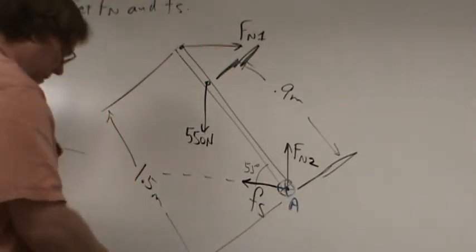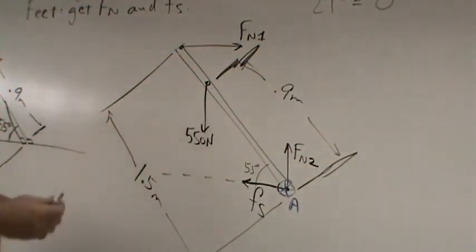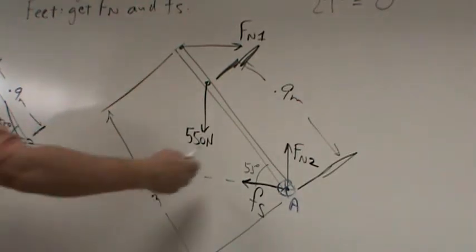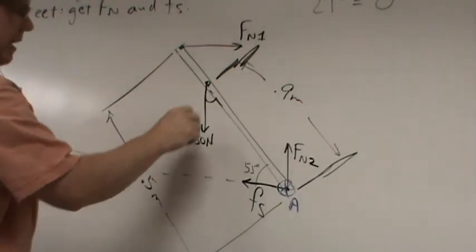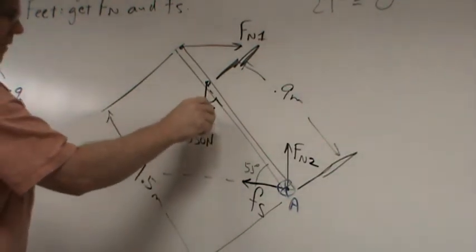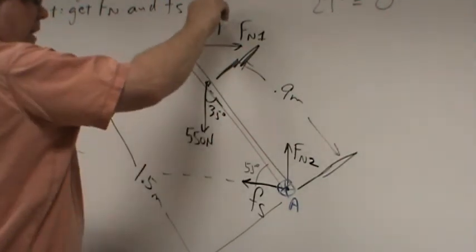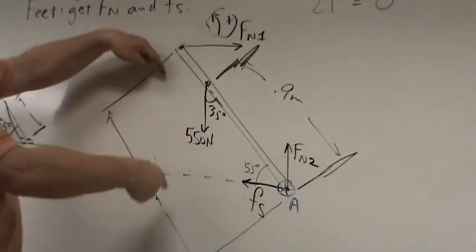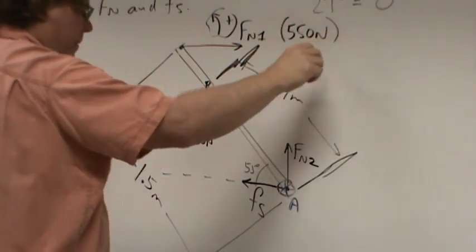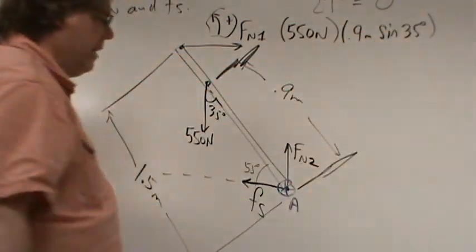So I'll call that point A. And so I'll have the sum of the torques equals 0. And so now I have to get the torque exerted by this guy. And if you're someone who likes to just do the book, if that's a 55-degree angle, tell me what's this angle here going to be? Hopefully you're getting 35 degrees. Okay, so I'm going to define counterclockwise as positive, so this tends to rotate it counterclockwise. So I've got 550 newtons times 0.9 meters times the sine of 35 degrees, because that's the angle between the